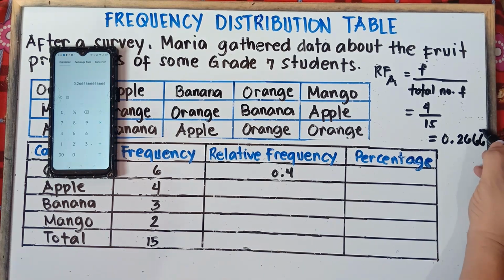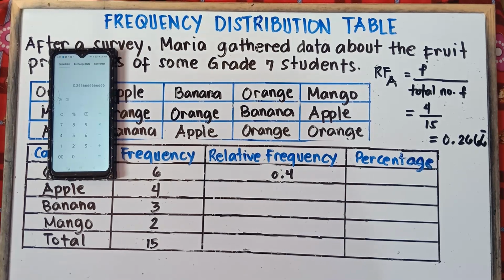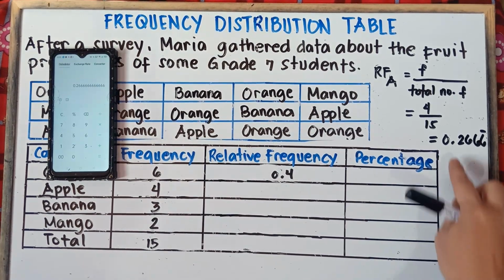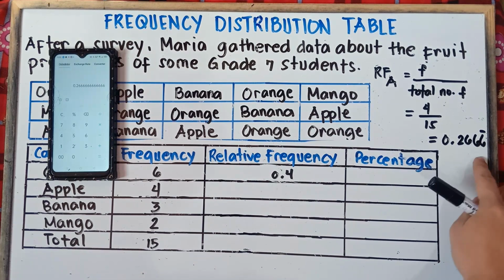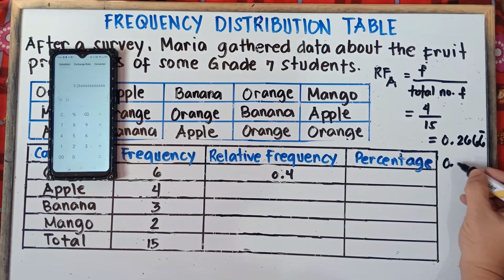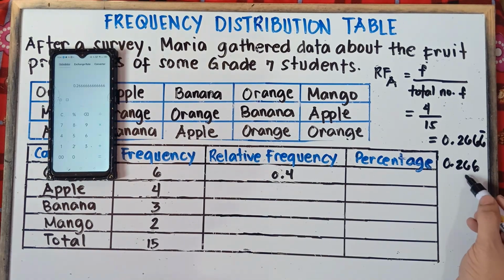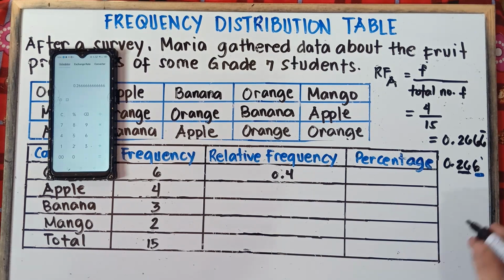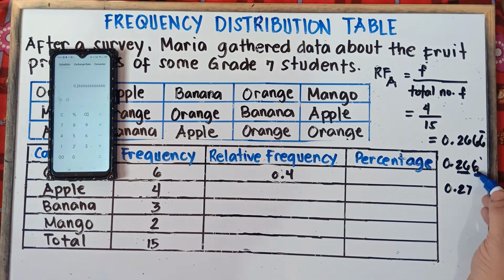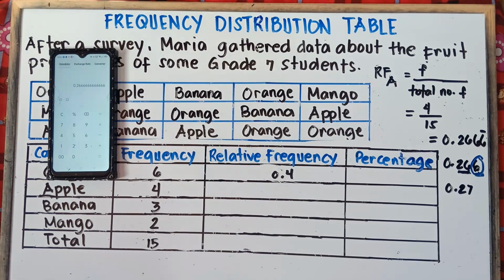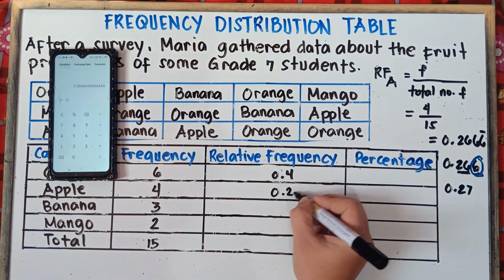And the answer is 0.2666. So, we can put a bar, it means repeating. Let's have 2 decimal places. So, after the first 6, there would be another 6. So, we can round up. This 6 becomes 7. So, we can write this one as 0.27. Why is that, sir? Because after the 6, that would be 6. So, therefore, we can round up. This 6 becomes 7. Alright, so our answer is 0.27.